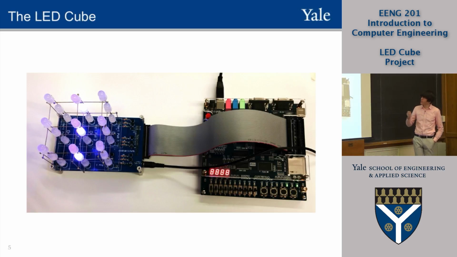So this is the LED cube. As you can see, there's the cube itself with a nice blue PCB that was designed last year. There's a 40-wire ribbon cable that goes between the LED cube and the FPGA board. You can see there's a 5-volt power supply to the LED cube, and then there's the USB cable for controlling the FPGA board and also supplying the power to the FPGA. The FPGA chip is kind of hidden in this picture under the ribbon cable. So in this project, you get to put these two pieces together